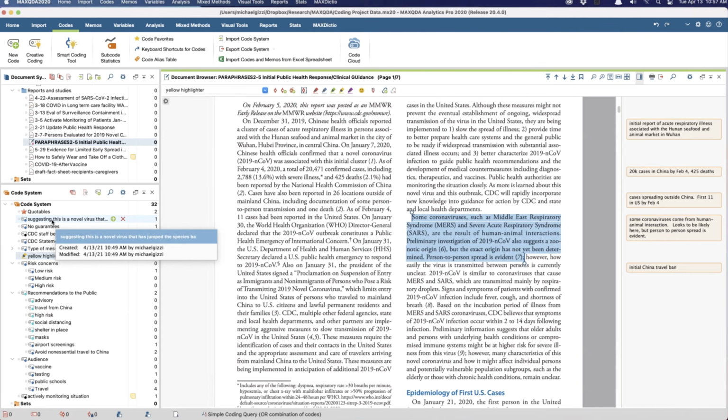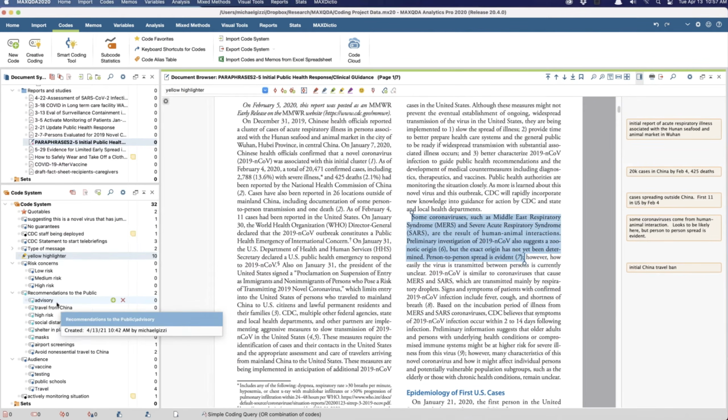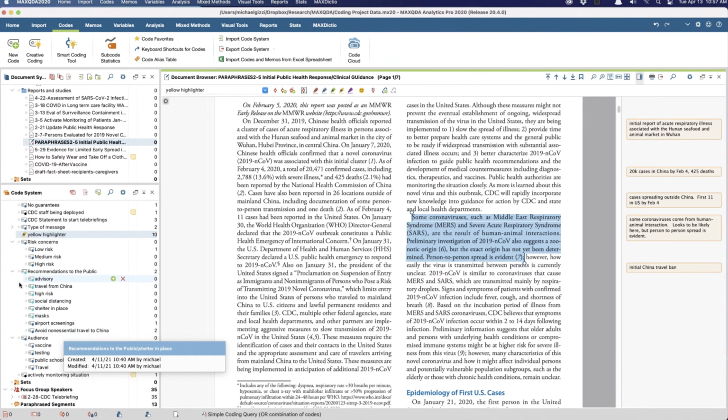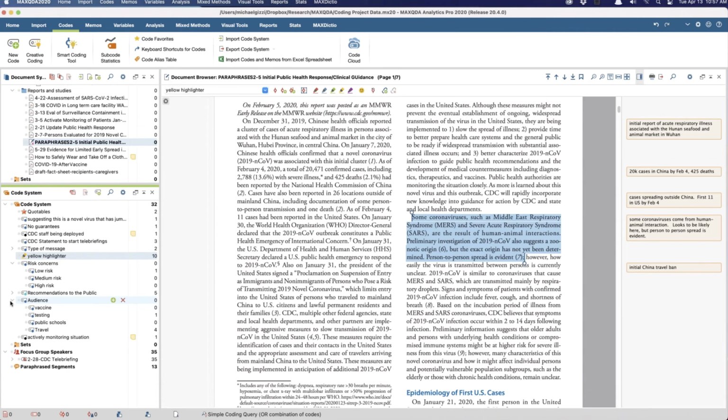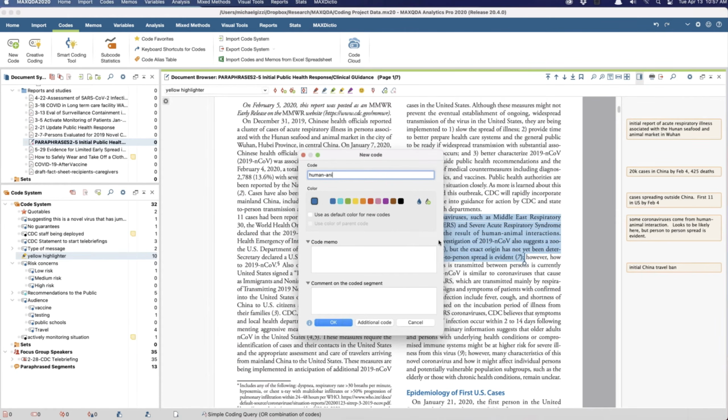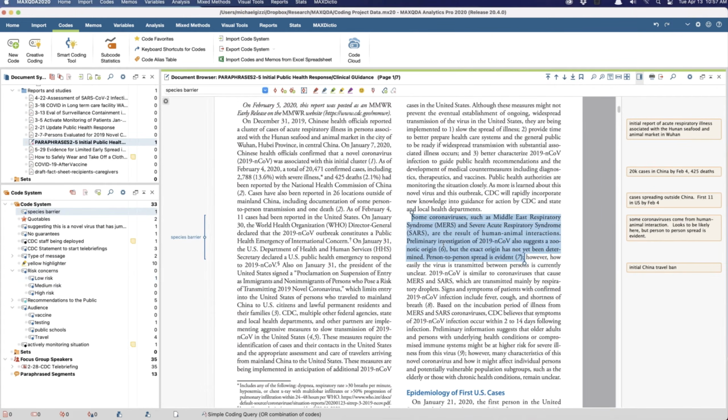I thought I added one here about wet markets, so now it shows up as being coded here that way.